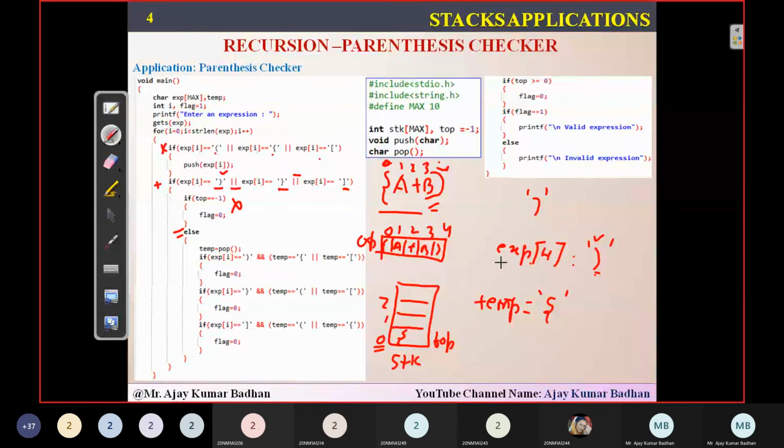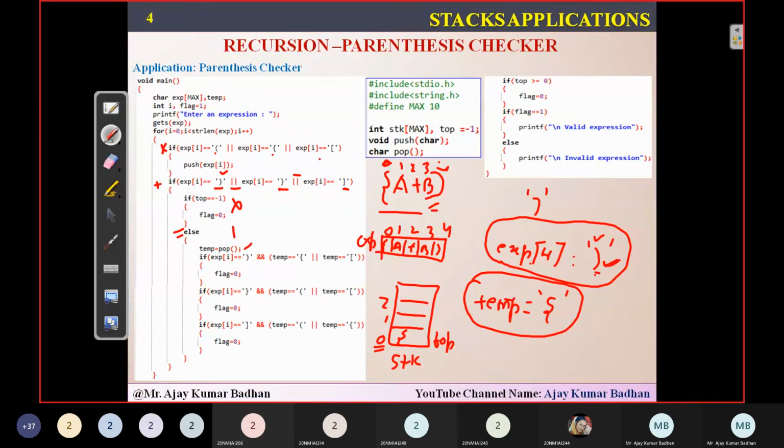Now I will be comparing this particular bracket with this particular bracket. How? If expression of 4 equal to close bracket. If you see here, this is the one which we got. This condition is satisfied. This is 1, true. And temp equal to open bracket. Please look carefully. Temp equal to open curly bracket. If you see here, temp is equal to open curly bracket, or temp equal, so if any one of the conditions is true, you will be getting it.